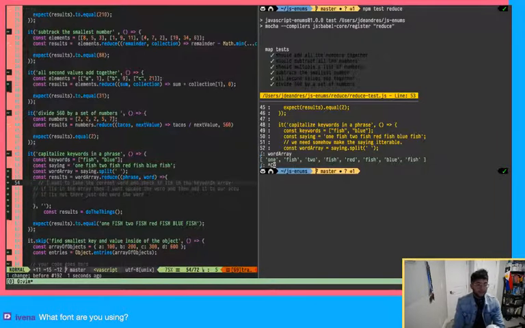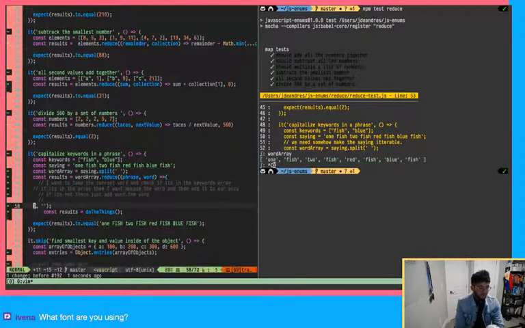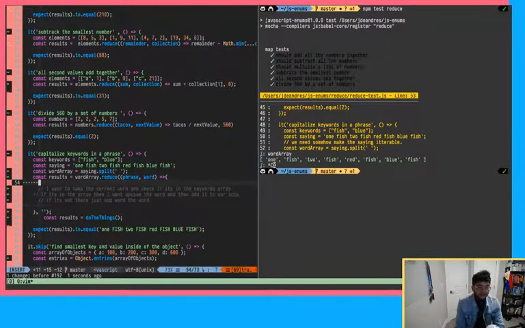So we could do an if statement, but I don't know if I want to do that. I think it'd be better if we used a ternary. So here, I'll say, do the keywords, it includes the word that I'm on,